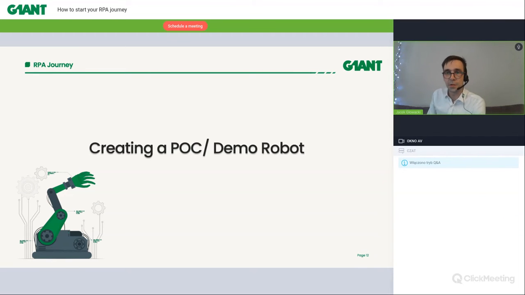After we have the description, the video, the access to the systems, as well as the environment to set up the robot, which is the virtual machine or the hard drive of your computer, then we create a proof of concept, a demo robot, just to show you how fast and quick it is to create automation using our solution, how fast it is to implement RPA.